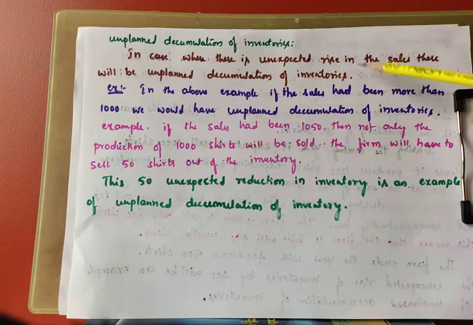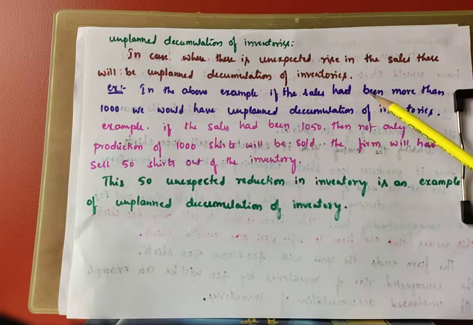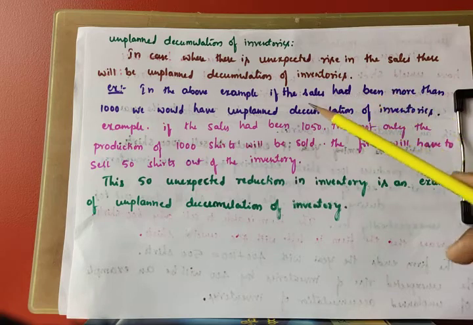Okay, unexpected rise in the sales. This is called unplanned decumulation of inventories. So for example, if the sales had been the same, we should take the same example only. If the sales had been more than 1000,